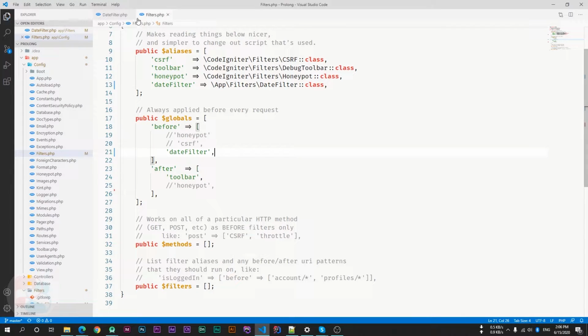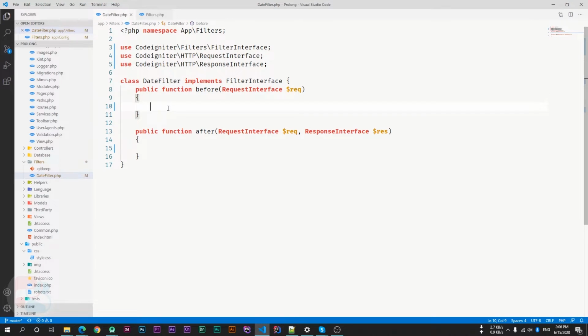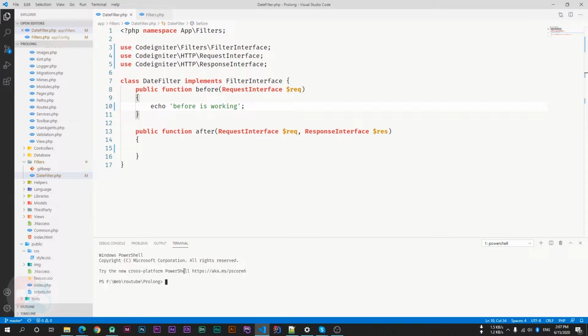So save it. For testing purposes, I'm going to print something like "before is working". Now save this and open the terminal and start the PHP server.